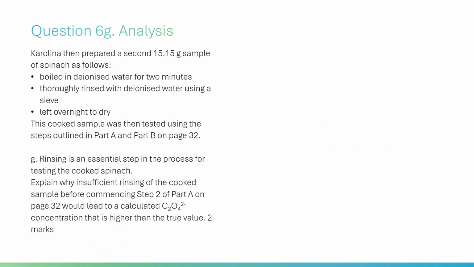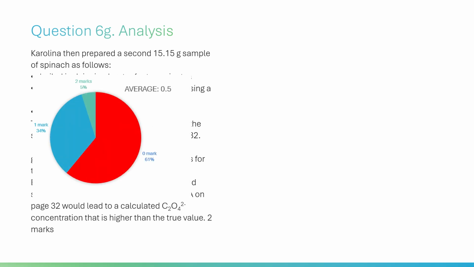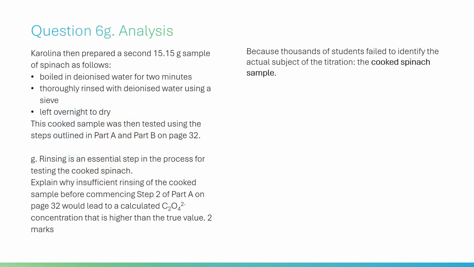Look closely at the stats for question 6G. 61% of the state scored a flat 0, and only 5% achieved full marks. Why did this happen? Because thousands of students failed to identify the actual subject of the titration, the cooked spinach sample. Students blindly assumed that insufficient rinsing simply meant leaving extra pure water on the leaves, which they thought would